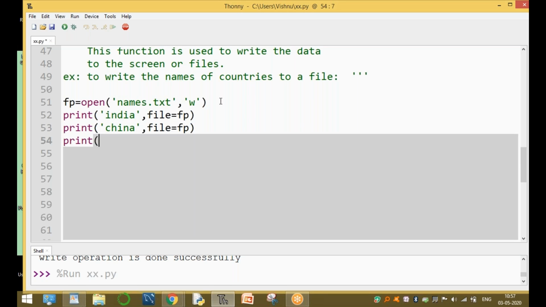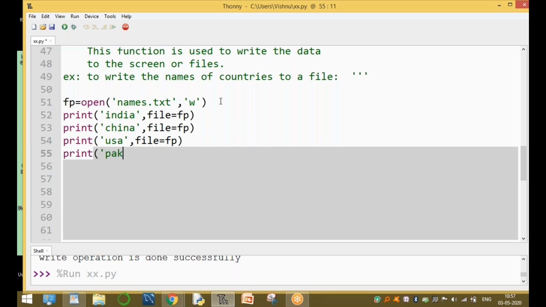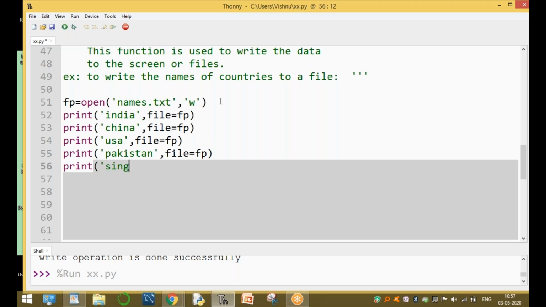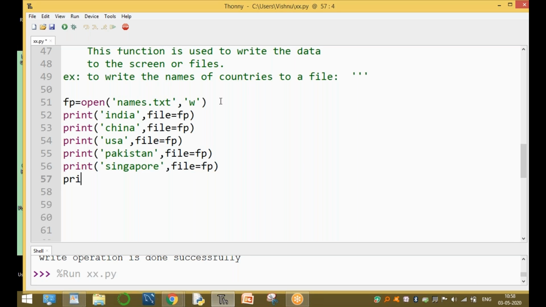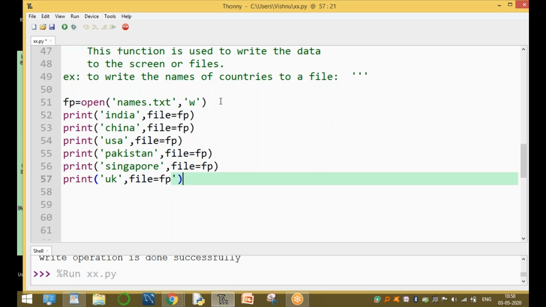Now print of USA, print of Pakistan, print of Singapore, print of UK, each with file equal to file pointer. These use the print function to store the data in files.